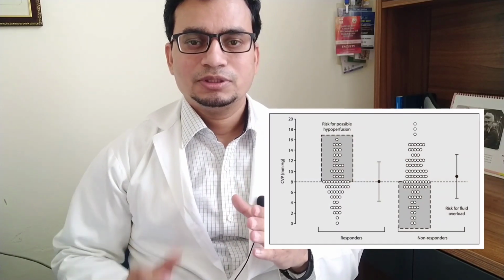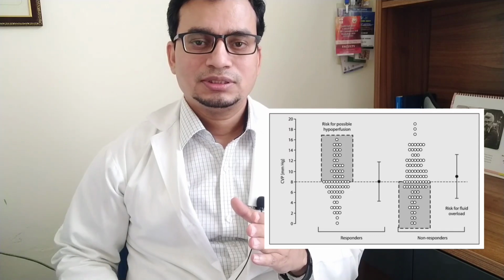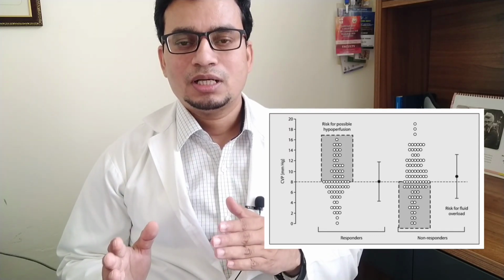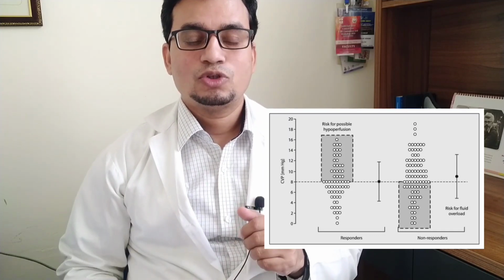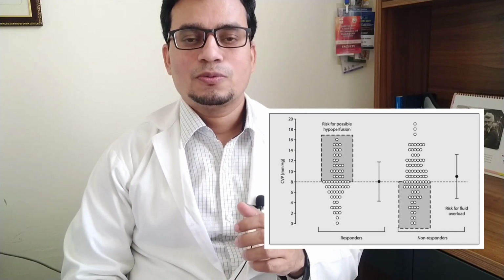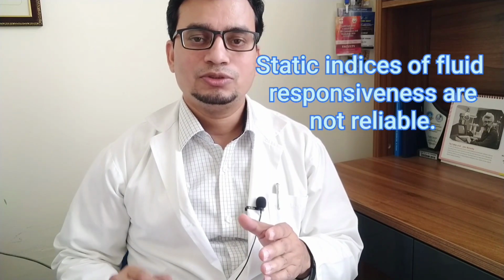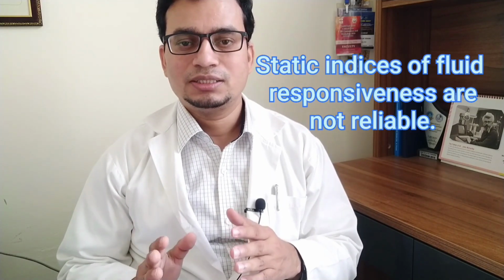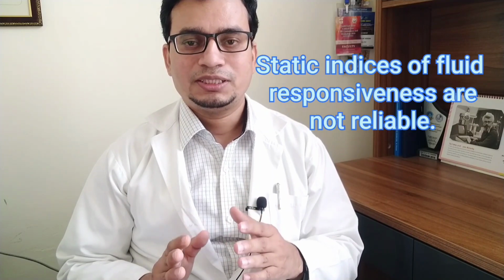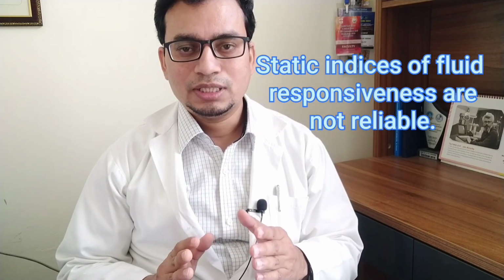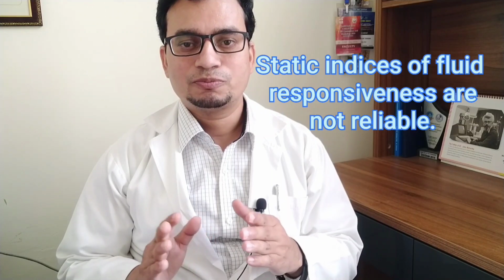Then in that case, what will happen? Only half of the patients will be fluid responders, meaning that they will get benefit from the fluid, but in half of the patients, there won't be any benefit. So remember, the central venous pressure and PAOP, that is pulmonary artery occlusion pressure, these two are most commonly used markers of right and left cardiac ventricular preload respectively. It is now well admitted that both variables cannot reliably predict fluid responsiveness.